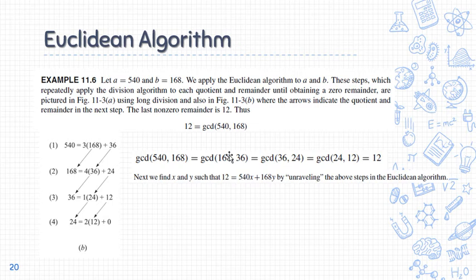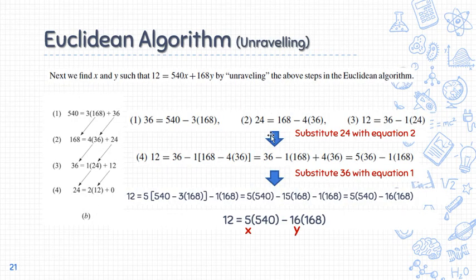So now let's go to the unraveling algorithm. We must find the x and y wherein mag-follow siya ani nga format, kato kung giingon ka ganina. So, the first thing that we do is this one. Muuna ta, ato sang i-record tong tulo ka step wherein dili pa zero ang ato ang remainder. So, here, ang mga step nga di pa zero atong remainder is 1, 2, ug si 3. Now, what we do is that sugod ta sa katong pinaka-latest nga step, which is katong 3. Pinaka-last nga step.